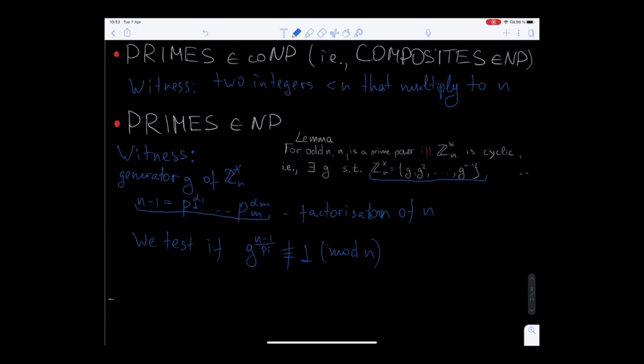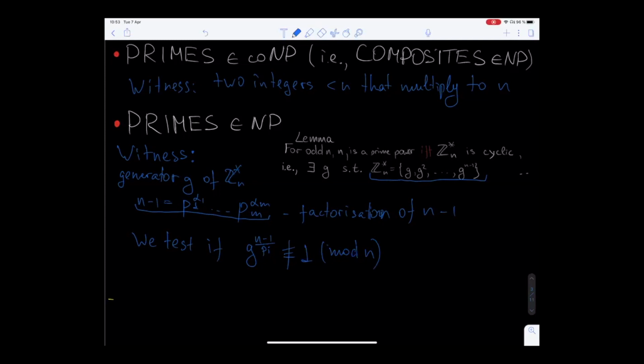So basically, if we believe that p1 to the alpha 1, etc., pm to the alpha m is the prime factorization of n. Sorry, Andrey, n or n-1? n-1, sorry, again, yes, prime factorization of n-1, of course. Thanks. So if we believe that it is a prime factorization of n-1, then we just need to check